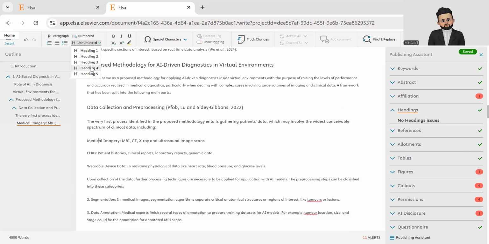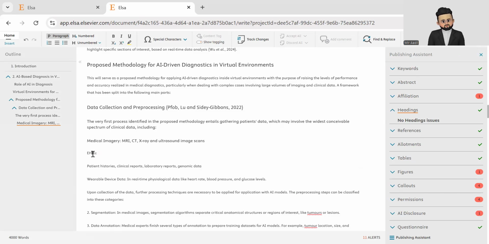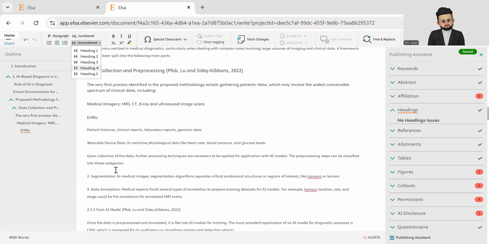Now, the thing you people have to remember is that the whole line will be put as heading 4. If I want ERHS only as heading, then in that particular case, I'll have to put it down on another line, and ERHS I'll put as heading 4. Okay. Same way,